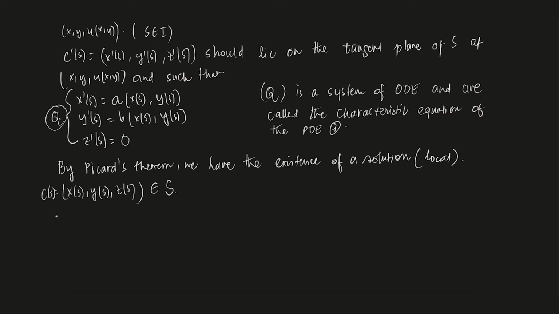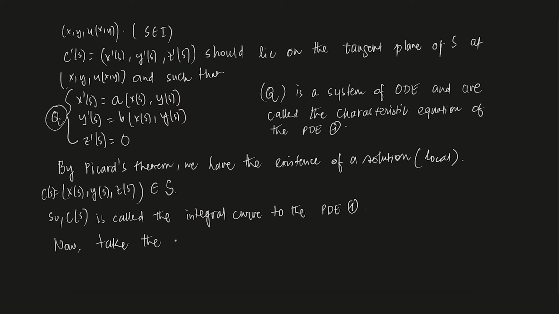Okay, right? Now this curve c of s is called the characteristic curve or the integral curve for the PD1. So c of s is called the integral curve to the PD1, right? Now take the union of all such curves. Okay, once you do that, that should give you your required surface, and that surface will be called